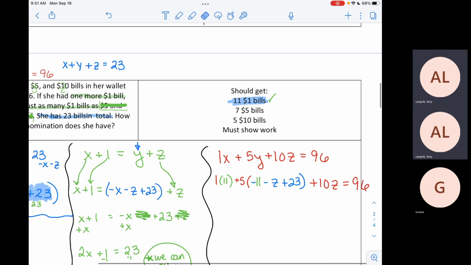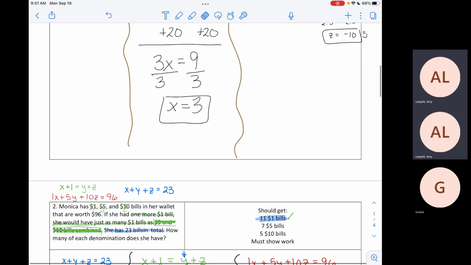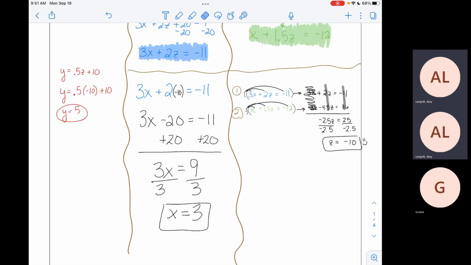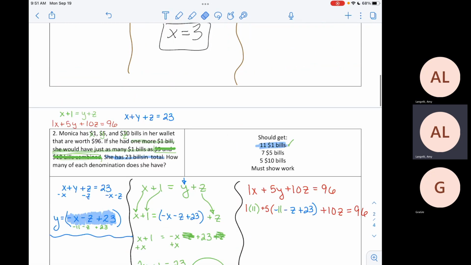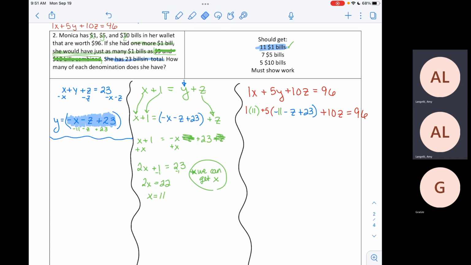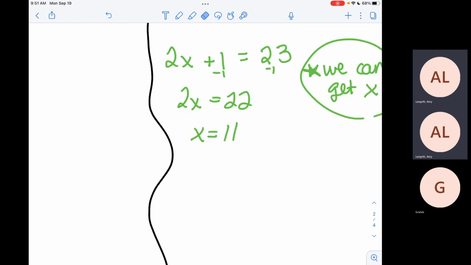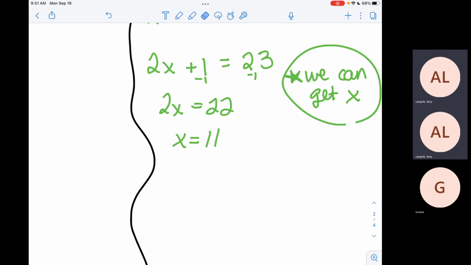So this one was actually easier than the first one. Does everybody know why this one's easier than the first one? There was nothing to distribute, and we got X. In this middle column, we got an answer right away, which does not always happen. All right, now I am going to stop the recording. Yeah, stop. Oh, there's no pause recording? That bugs me. Stop recording and